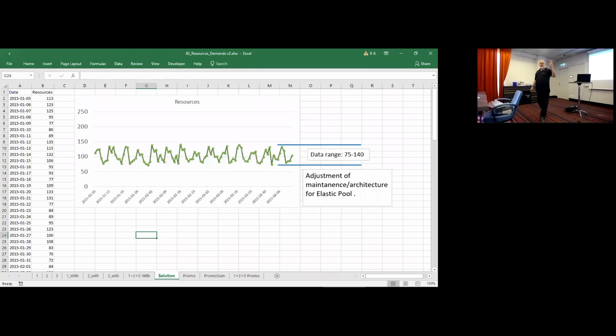With using three databases in this illustration, we get 100 resource unit maximum. This is a big difference, but this is three databases. I'm not talking about three. When you do it with 30 or 300, you will get a straight line. You will balance your activity, and this is our goal.